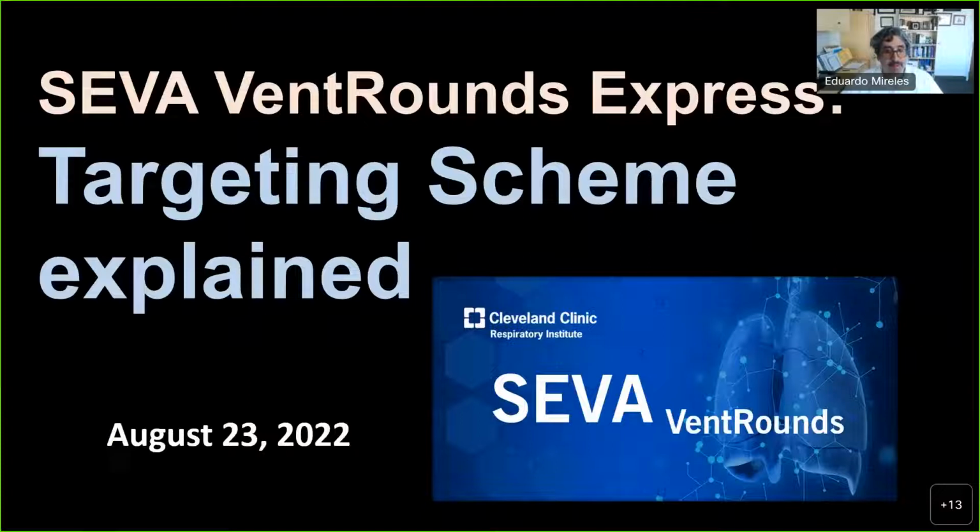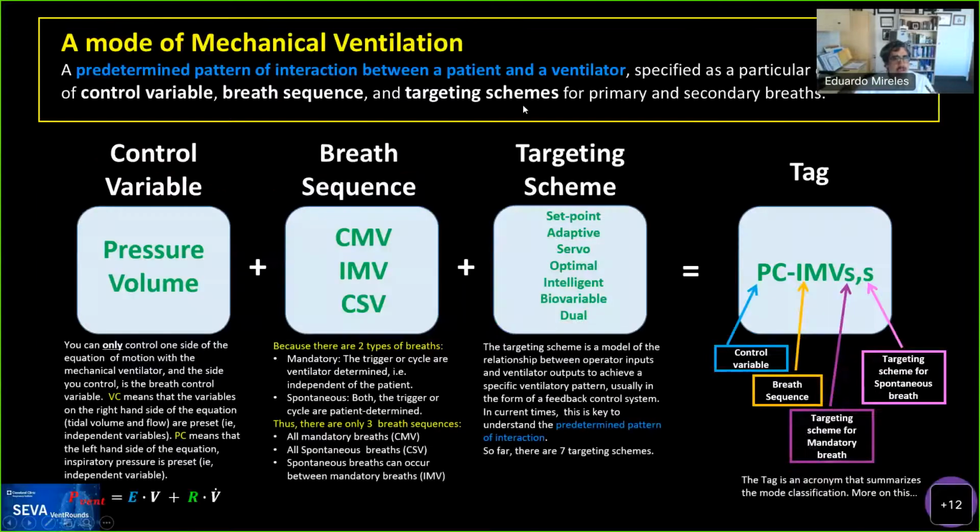To summarize it and to be able to convey what a mode does rapidly, there is this item that we call a tag, or taxonomic attribution group. Essentially, this tag summarizes the control variable on the first letters. Then the next set of letters is the breath sequence, and the final set of letters is the targeting scheme. And the targeting scheme is usually one letter when it's just mandatory breaths or just spontaneous breaths, and that refers to